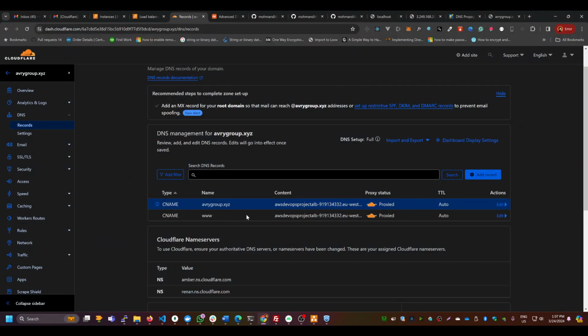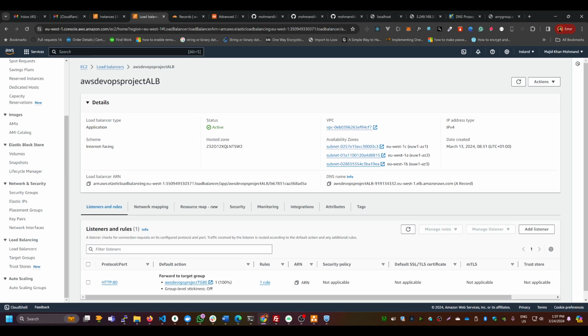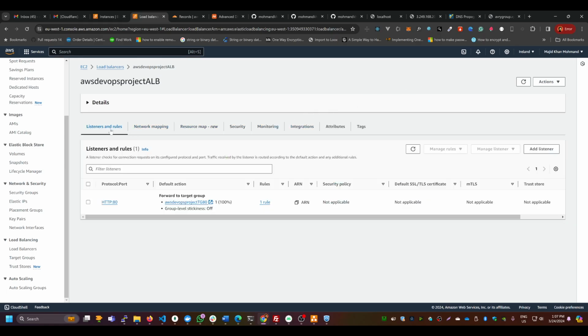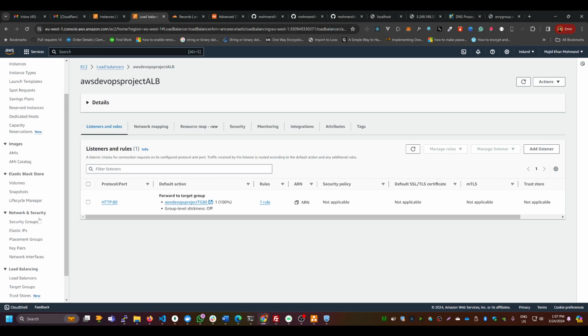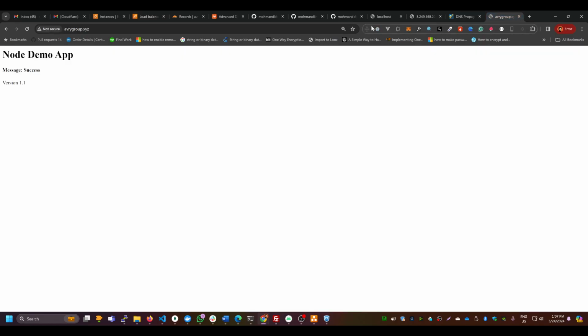So what will happen here is that whenever we try to reach this domain, the traffic will pass through to this ALB URL, which is the URL of this load balancer in our AWS. So let's try that and hope this works, because sometimes it takes time in the propagation. Let's see. We should go to this URL and we should refresh it, and it's working, but I guess